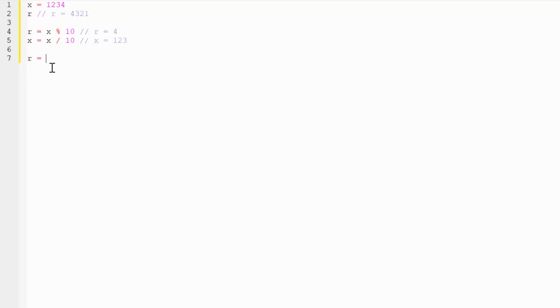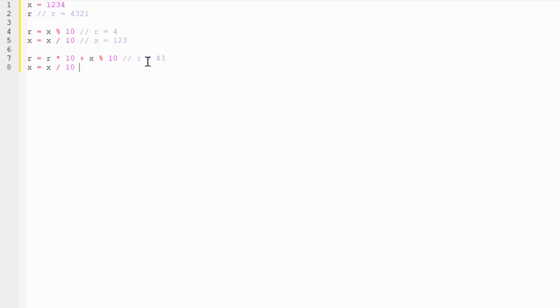Now to do this, I will multiply r by 10 and once again add the remainder of the division x by 10. In this case, 4 multiplied by 10 will be equal to 40, and the remainder of the division x by 10 now is 3. So now after this calculation, r is equal to 43.